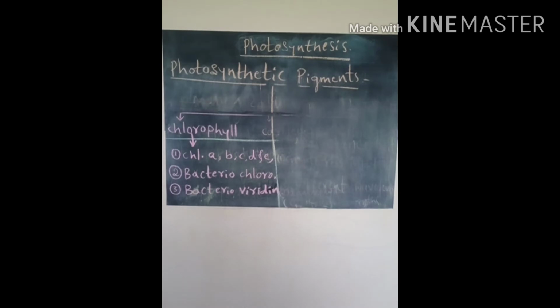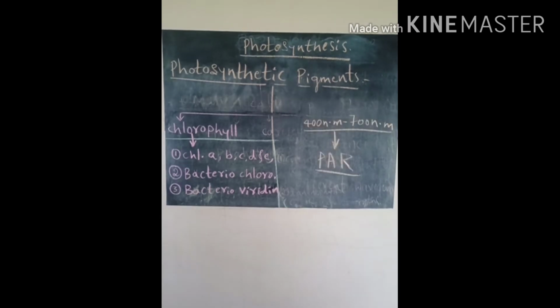Chlorophyll is a type of pigment that gives green color to the leaves. Usually it absorbs light in the violet and blue wavelengths, and also in the red region of the visible spectrum of light. But chlorophyll reflects the green light, hence it imparts green color to the leaves. This is the reason why the leaves appear green in color.